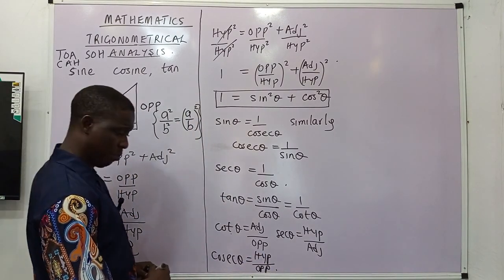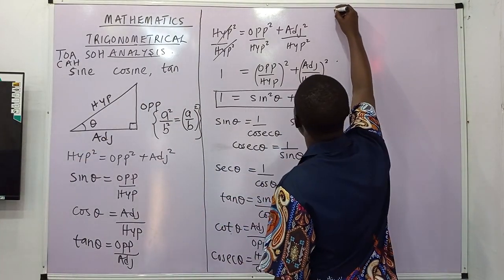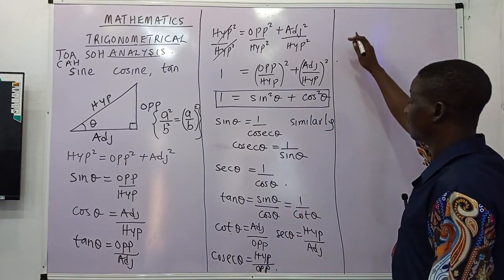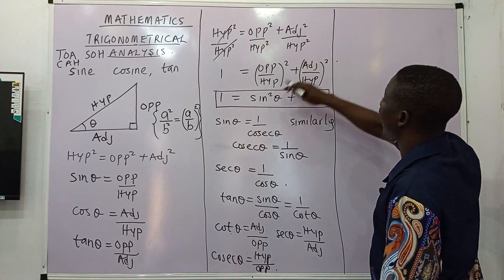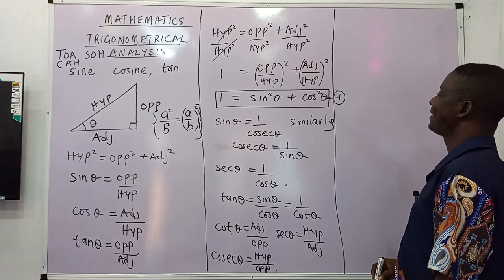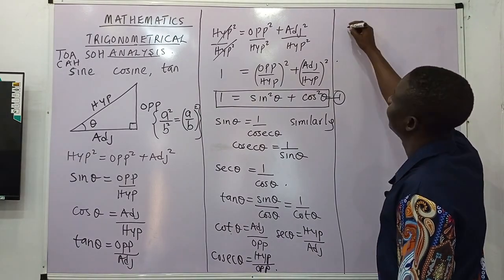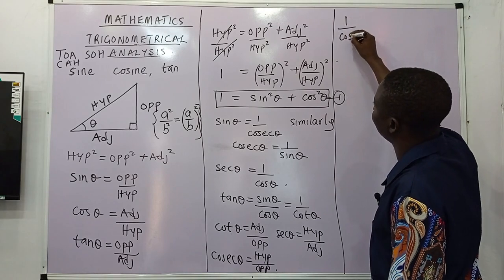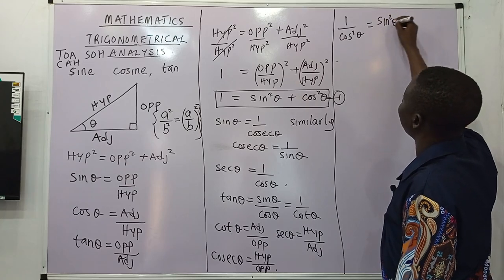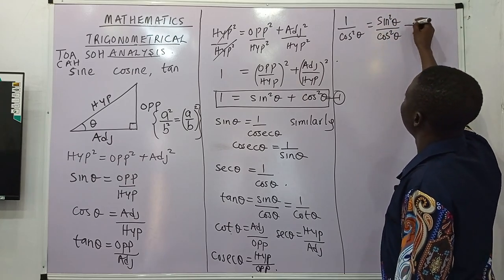Now, if you agree with me with that, then we can now divide all this equation, let's call this one equation 1, by cos square theta. So I would have 1 over cos square theta equal to sine square theta over cos square theta plus